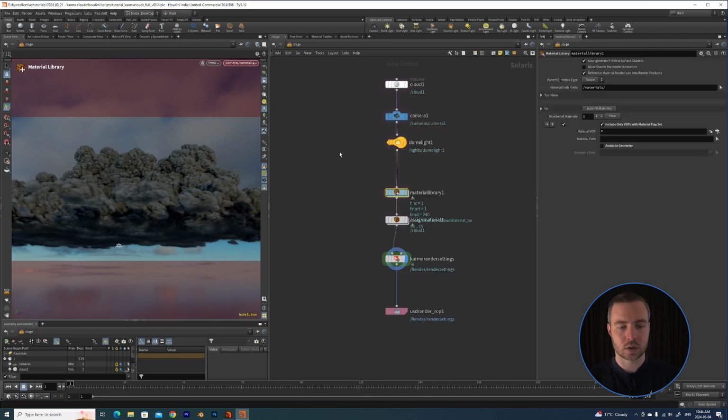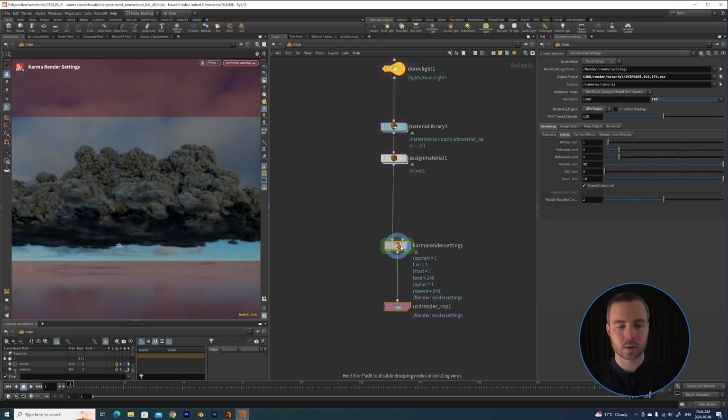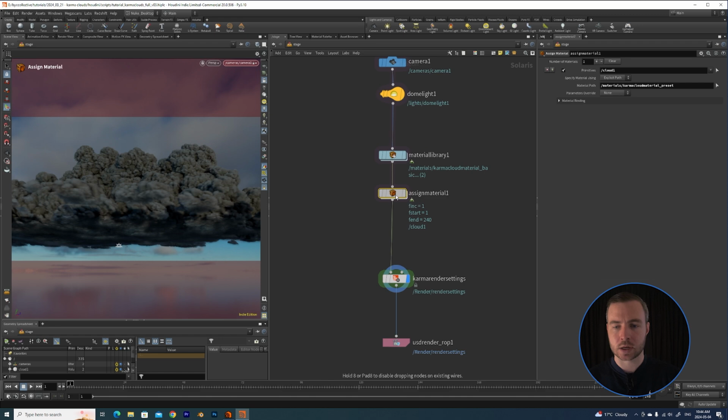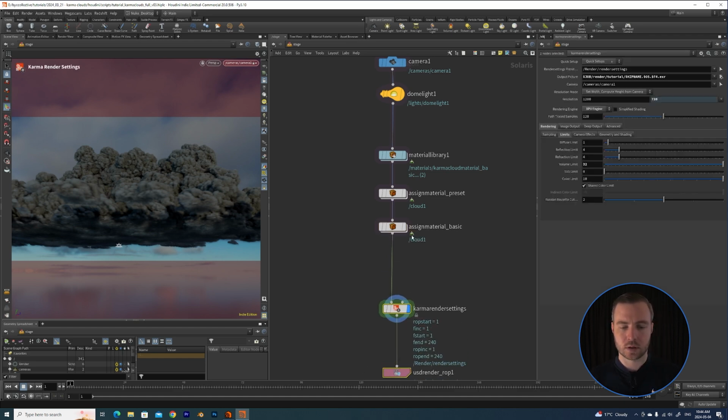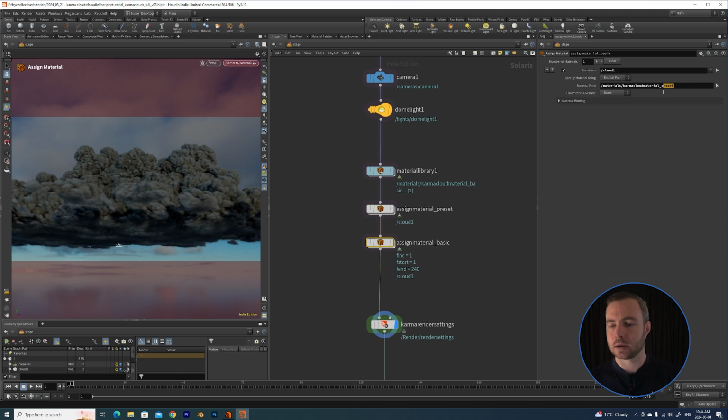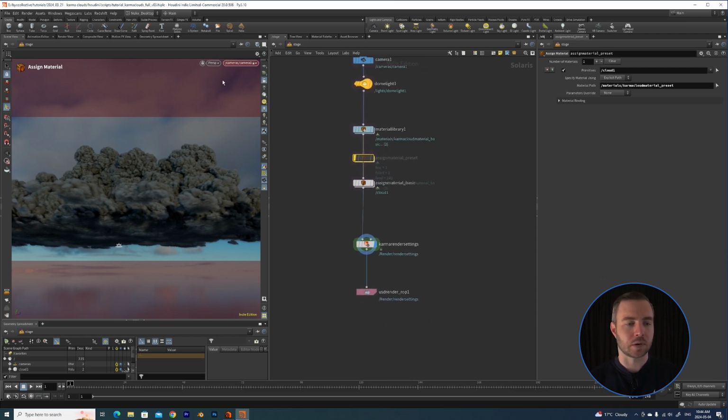Now we've assigned the preset material to our cloud. So I'm just going to call this assign material preset, and I'm going to duplicate it, and call this basic. Then I'm just going to grab the basic material, and disable this one. So now if we render,